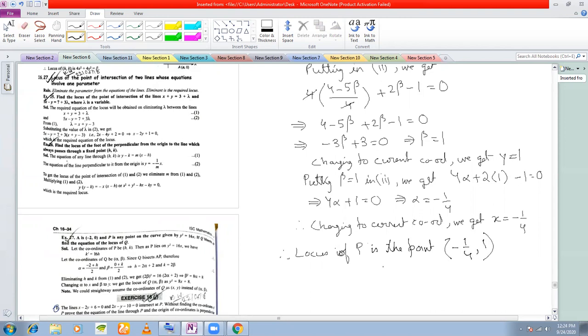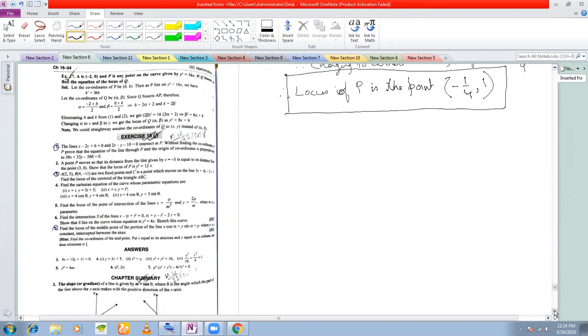Now you might say, how can a locus be a point? Because locus is a path. A path can also be a point. A point can be stationary at one particular point, not moving. So a point is also a locus. That is an example I wanted you to see, that the locus can also be a point. But most generally, the locus is defined as a path. But if the path can be a single point, no problem. So that is what I wanted you to see.